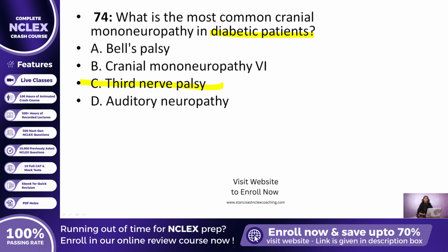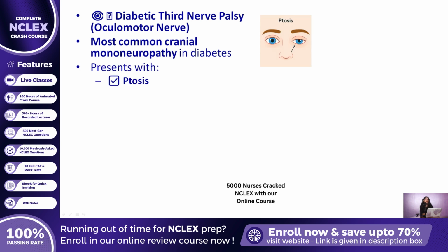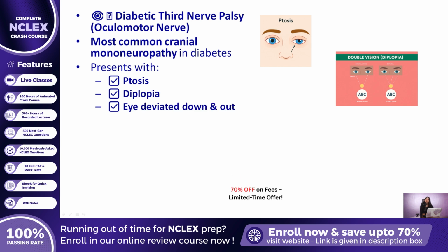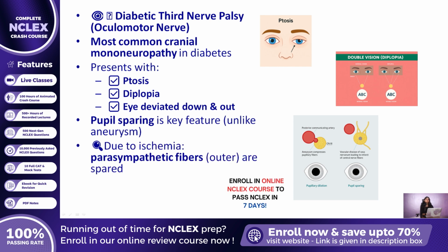In diabetic patients, third nerve palsy, also known as oculomotor nerve palsy, is the most common cranial mononeuropathy. It typically presents with ptosis, drooping eyelid, diplopia, double vision, and eye deviation down and out, while importantly sparing the pupil, a key distinguishing feature from compressive causes like aneurysms. The reason it spares the pupil is because the superficial parasympathetic fibers controlling pupillary constriction are usually unaffected in ischemic,